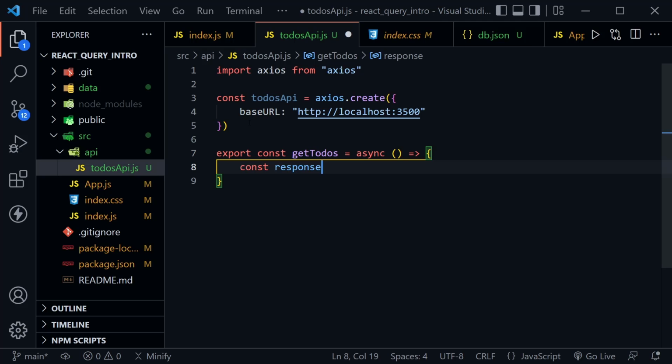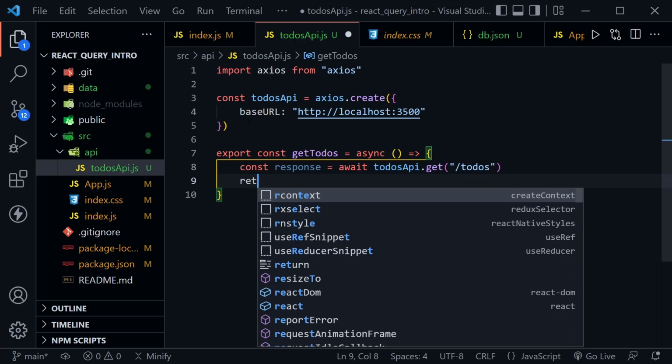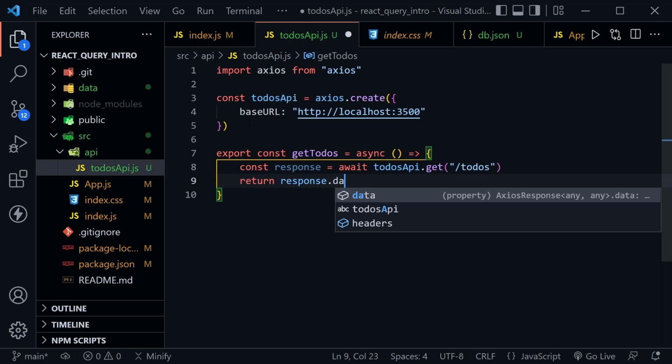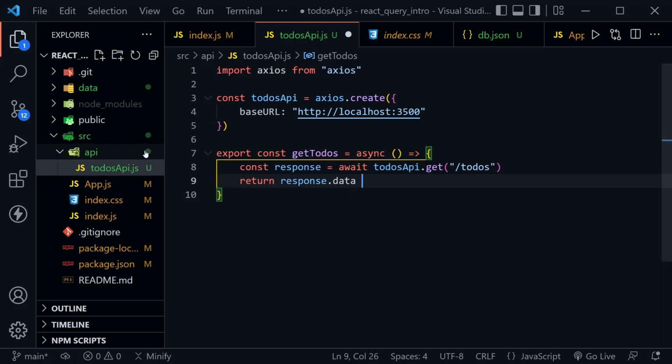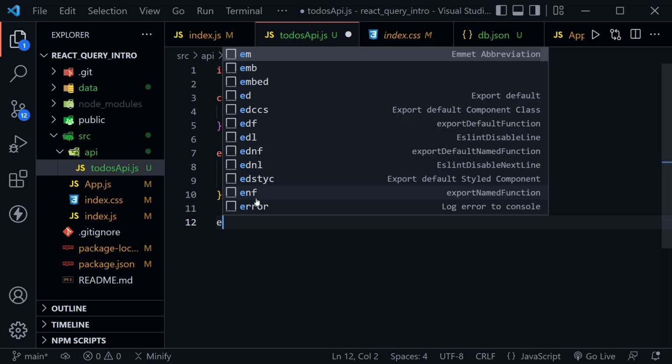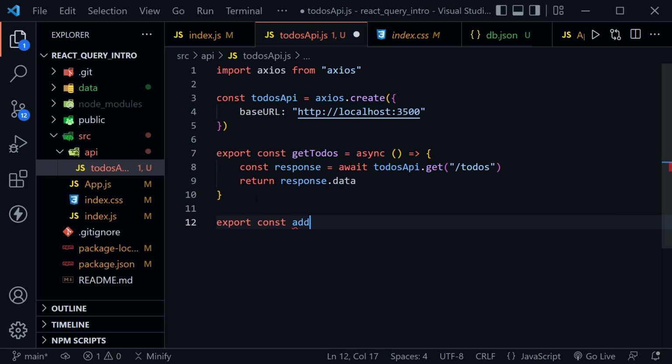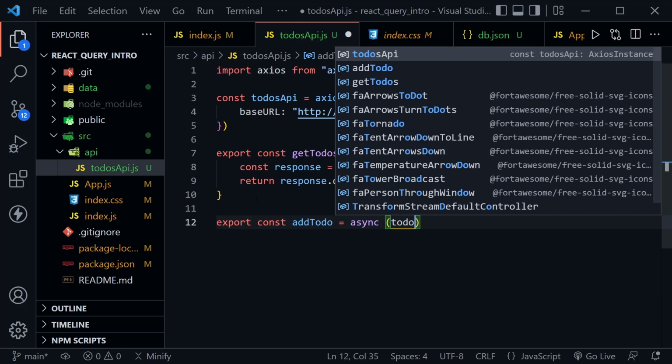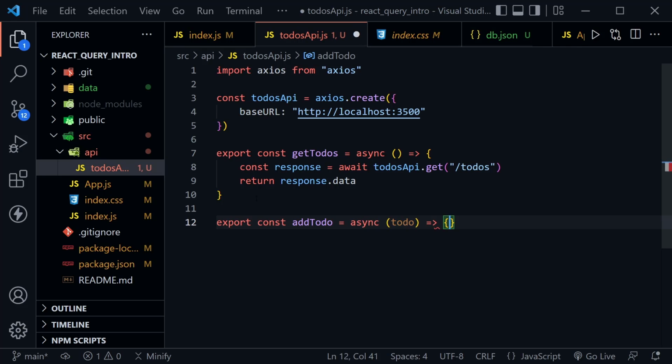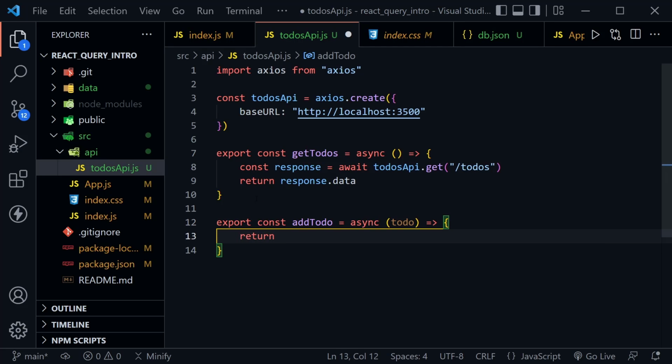So we'll set a response equal to await the todosApi that we just created and use the get method, and we'll get the todos endpoint. And then after that, we need to go ahead and return the response.data that we get from Axios. After that, let's create the create method, and that would be export const addTodo. We'll set this equal to an async function that receives a todo. And now inside of this function, we can do this in one line. It will be return